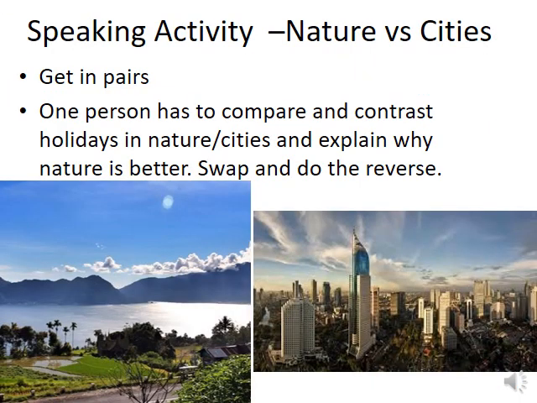Right, this is another speaking activity for you. Again, it would be easier if we were all in the classroom and we were doing this together, but we can't do that now. So I want you to try and find a friend, pick up the phone and phone a friend if you need to, because we're going to get in pairs, and then one person has to compare and contrast holidays in nature